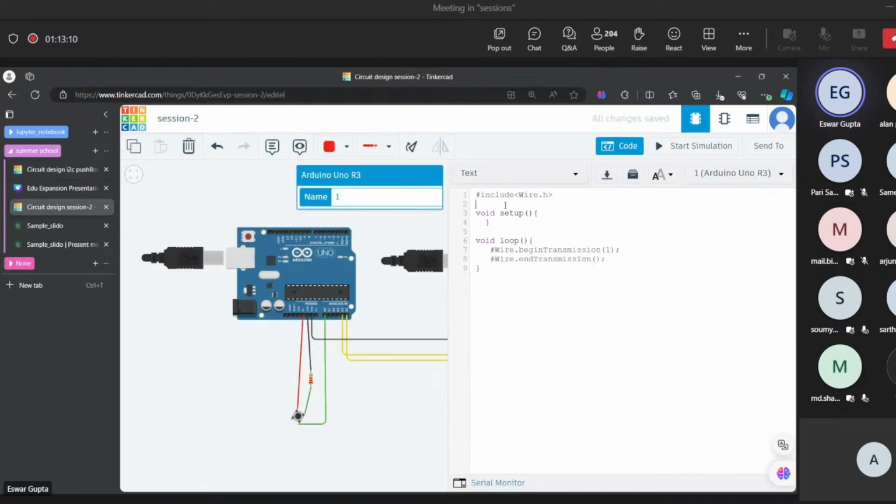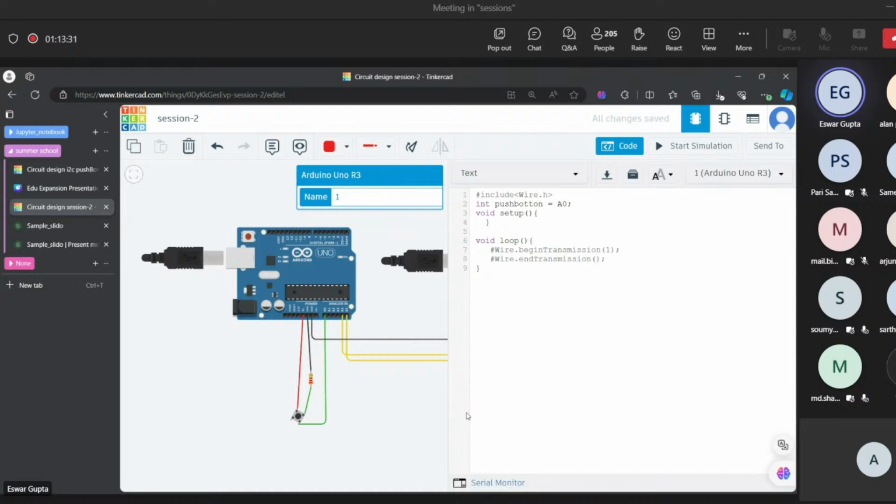So I have a push button here, right? I'm declaring the push button: int pushButton equal to A0. So I'm declaring the A0 pin as push button. In future, writing A0 doesn't make sense, but writing push button will make sense.